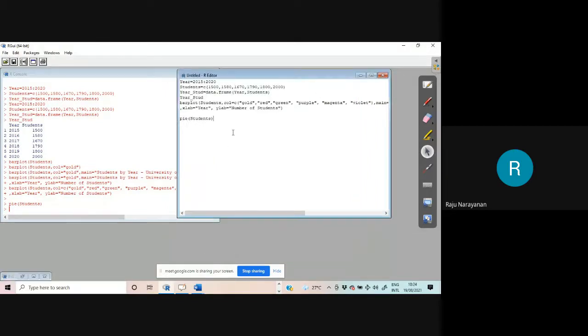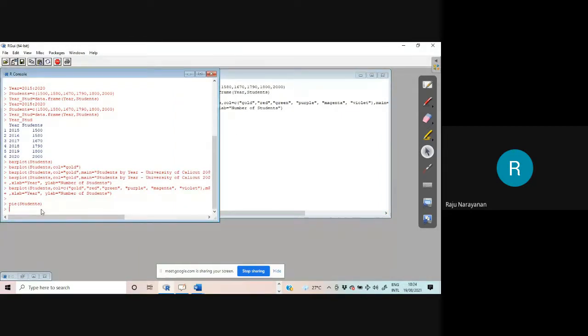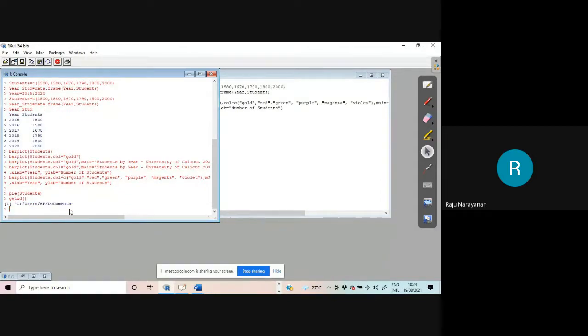Another important thing, actually, I should have told that in the first class itself. Where is your working directory? To know that one, getwd. Getwd means get the working directory. This is my working directory. Whatever things I save go to the folder Documents.